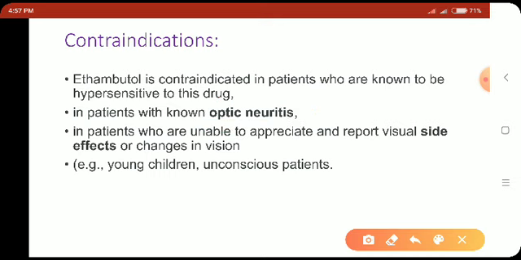Optic neuritis means inflammation of the optic nerve. Okay. Then in the patient who are unable to appreciate and report visual side effects or change in the vision, in that patient ethambutol is